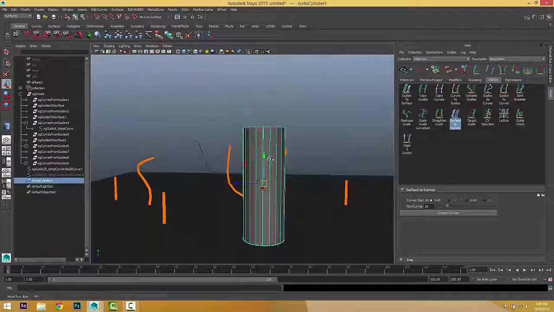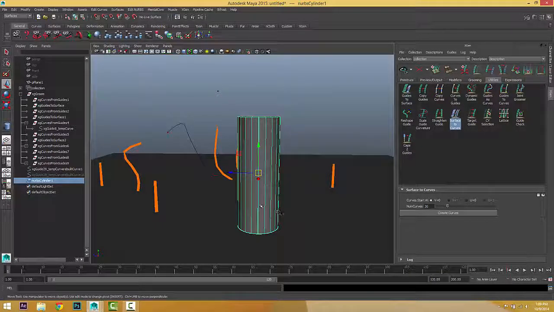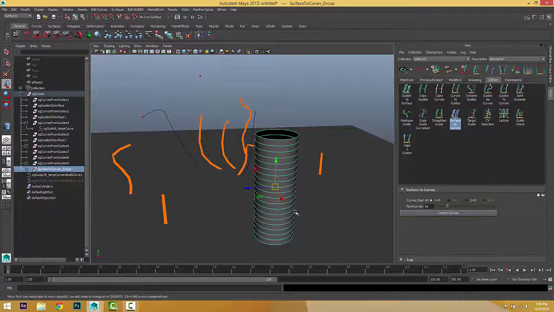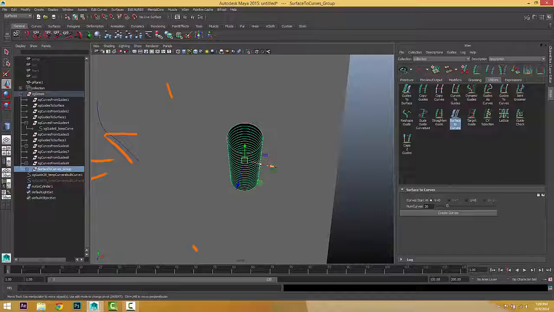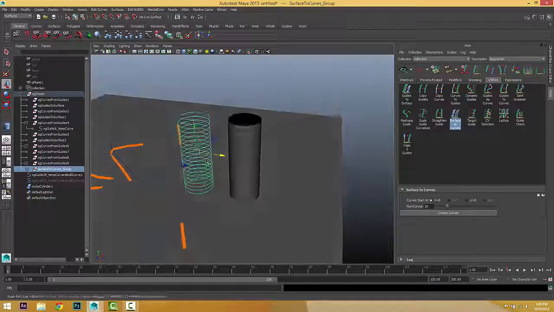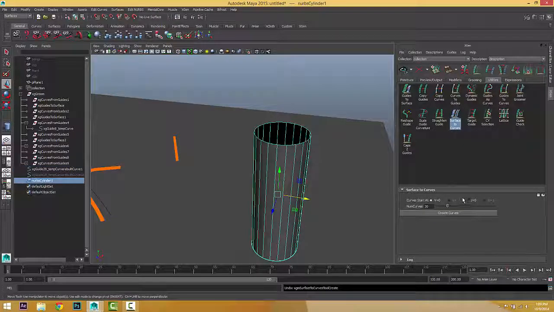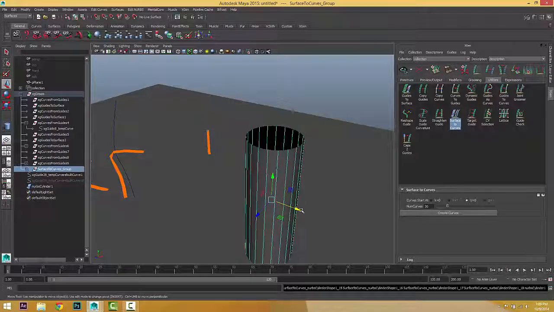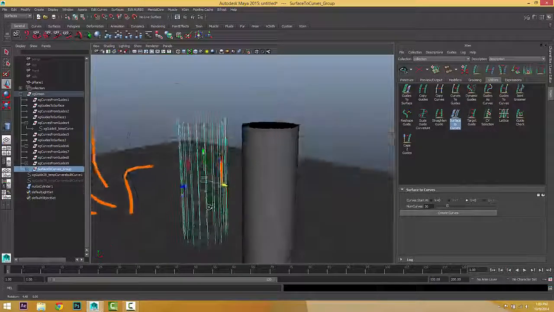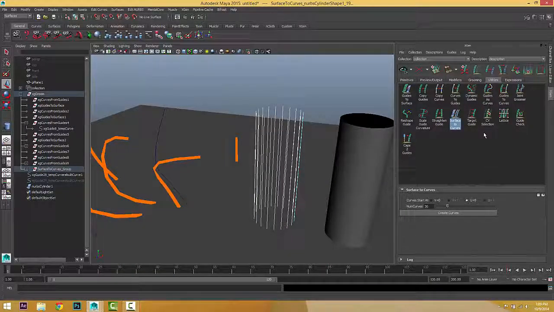I like to get 20 curves from this surface. Just create, we got 20, but in the V. If we go back and choose U, we get 20 in that direction, which is exactly what I want. Now we can select all these curves and change them to a surface again,